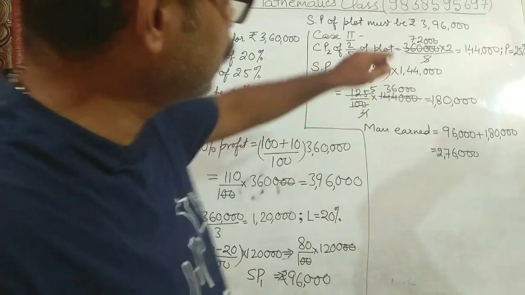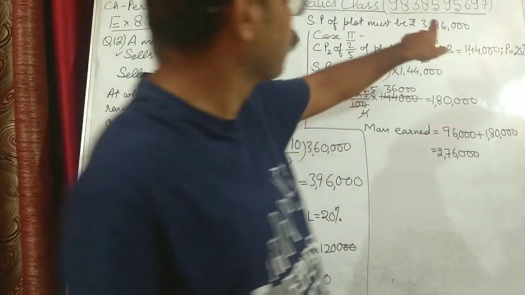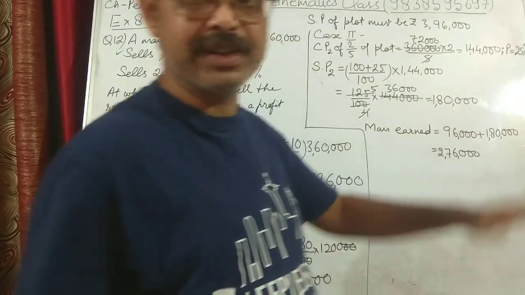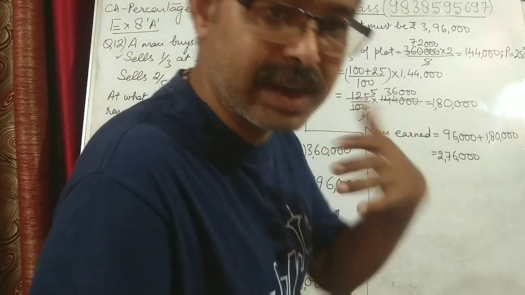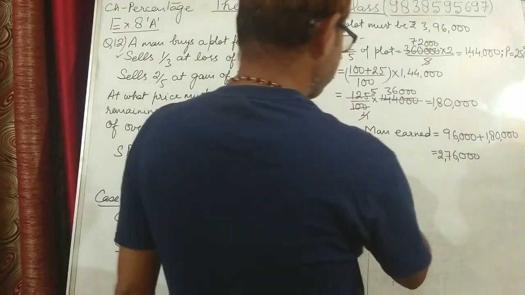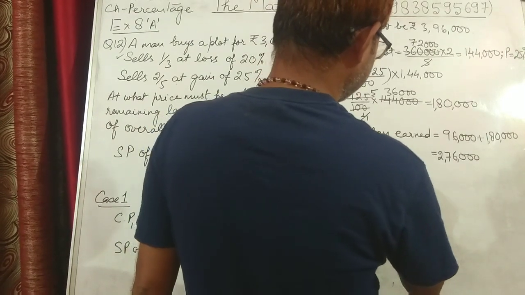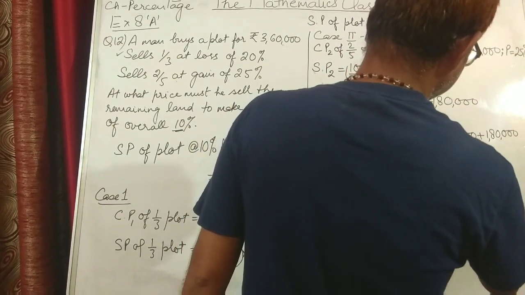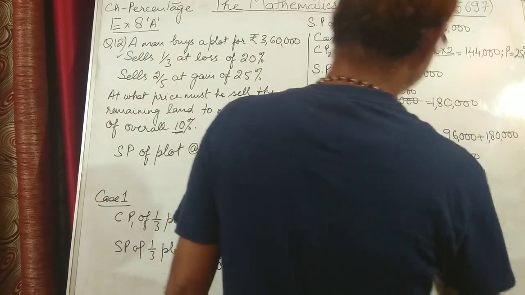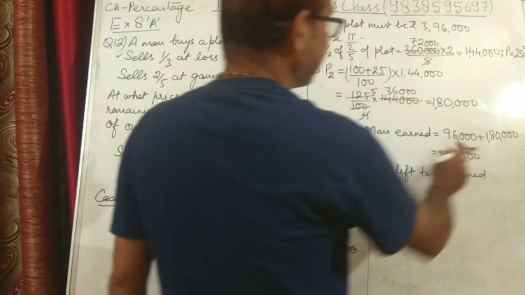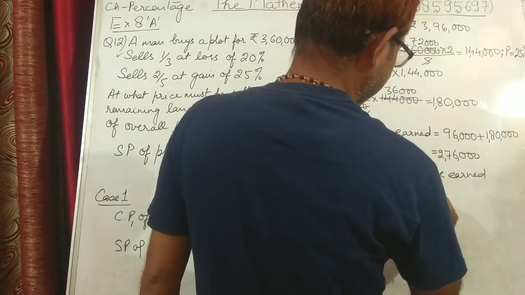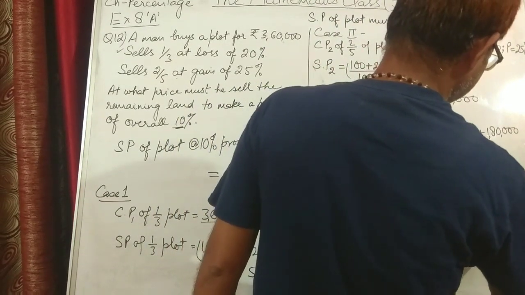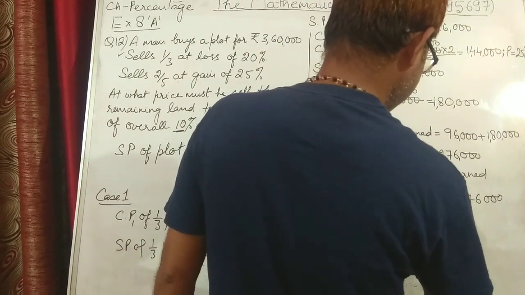But he has to earn rupees 3,96,000. He has already earned rupees 2,76,000. So how much amount is left to be earned? The amount left to be earned will be what he wants minus what he already has. It means 3,96,000 minus 2,76,000, that comes to be